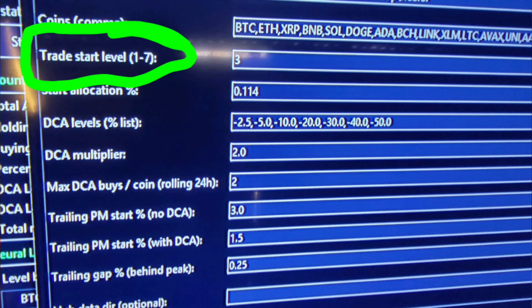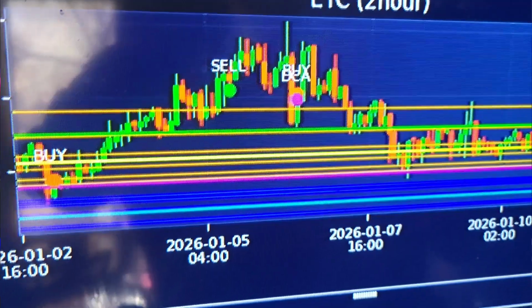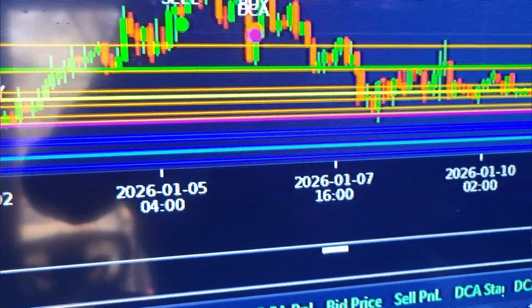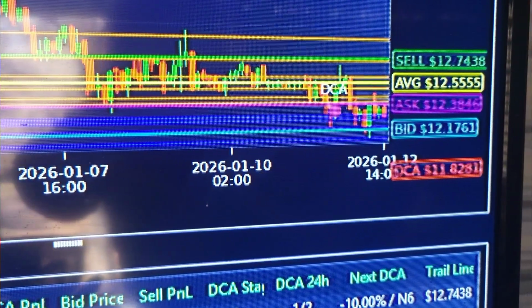The next option is the trade start level. You can choose 1 through 7. This is how many blue lines the price has to go under for the trade to start. The blue lines are the predicted low prices from the AI for all the different time frames from 1 hour up to 1 week. I have it defaulted at 3. A start level of 3 means the price is stretched a pretty decent bit, so it will most likely be bouncing